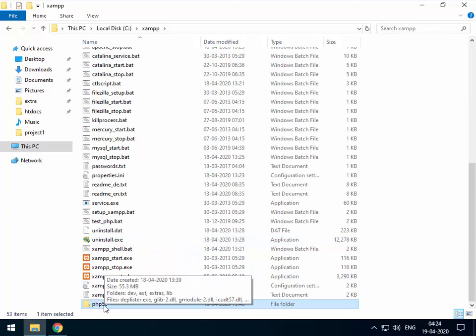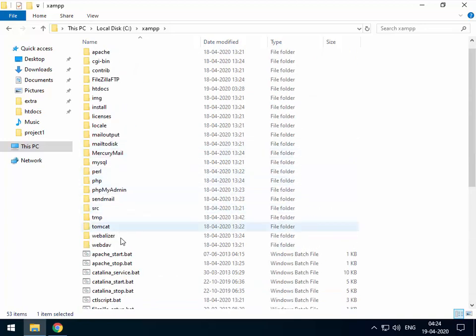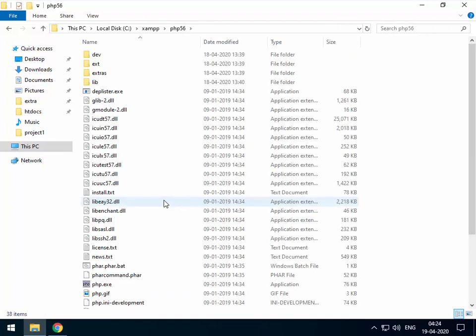Like this you can copy any version you want, and just see to it that you do not name it just PHP, but with some characters added so that it is different from the original folder, right? So I have named it PHP 5.6, which is the version of this particular software. If I open this right now,